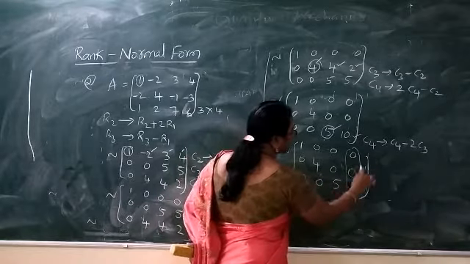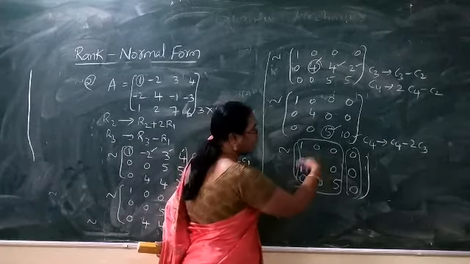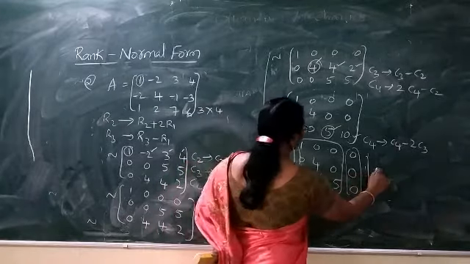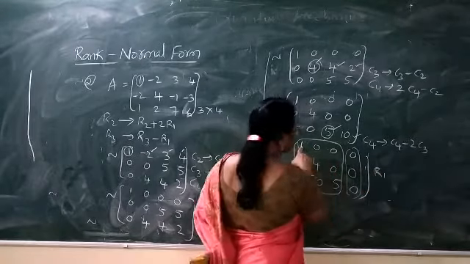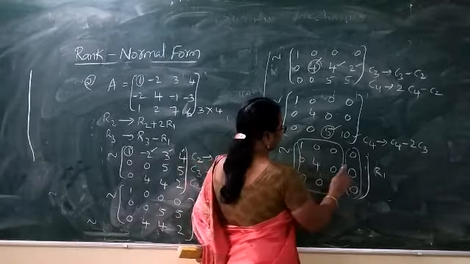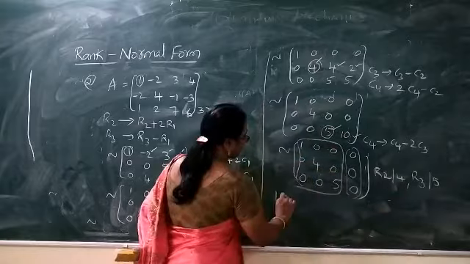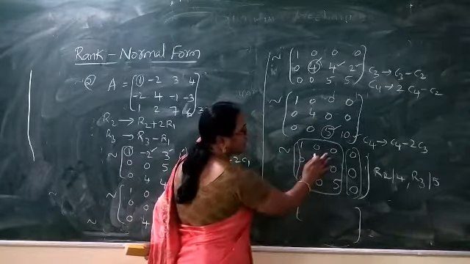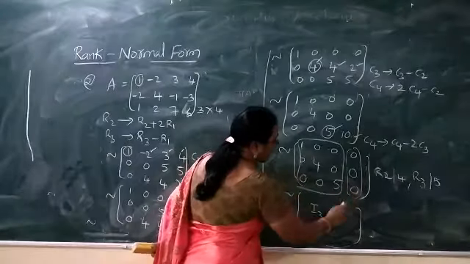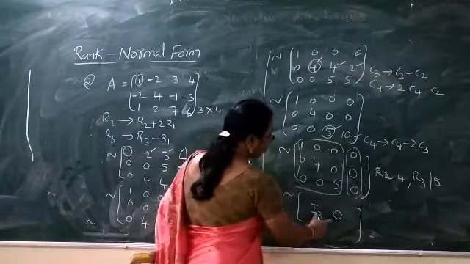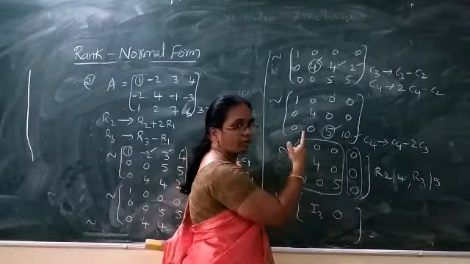Now except the last column, the first three columns are forming a diagonal matrix. To make it an identity matrix, let us choose either row division or column division. Row 1 already has diagonal 1, so no need of division here. So row 2 let us divide by 4 and row 3 let us divide by 5. So what happens? We get the matrix. The first three columns reduce to the columns of I3 and the last column is 0. We have got the matrix [I3 0], which is one of the required normal forms.